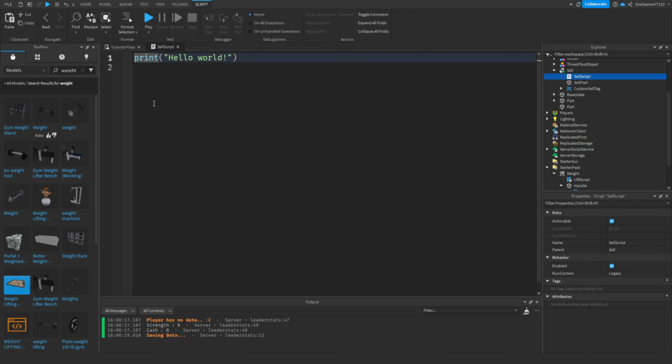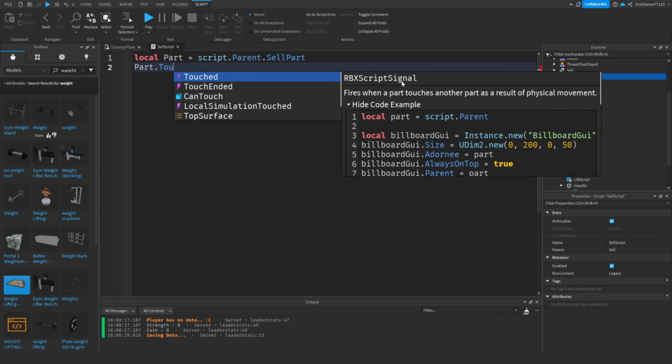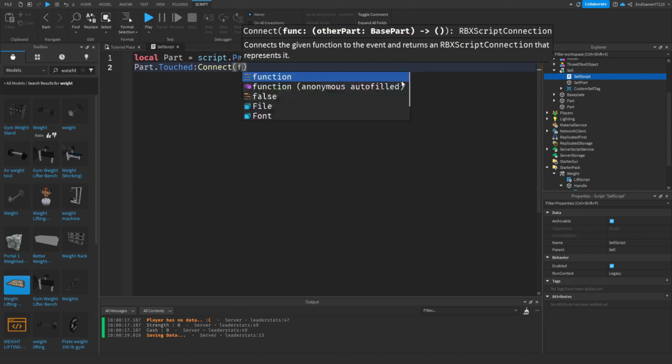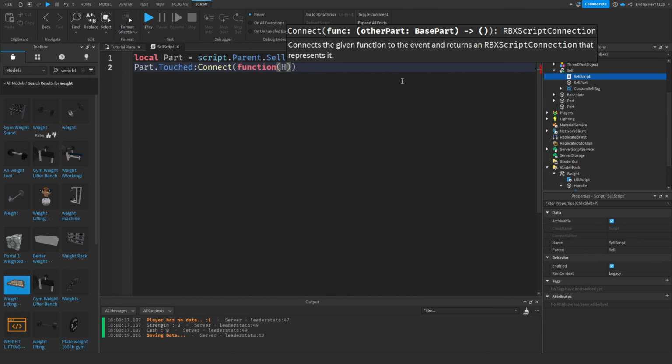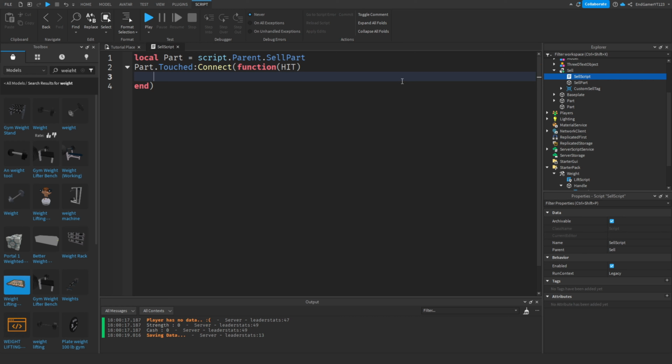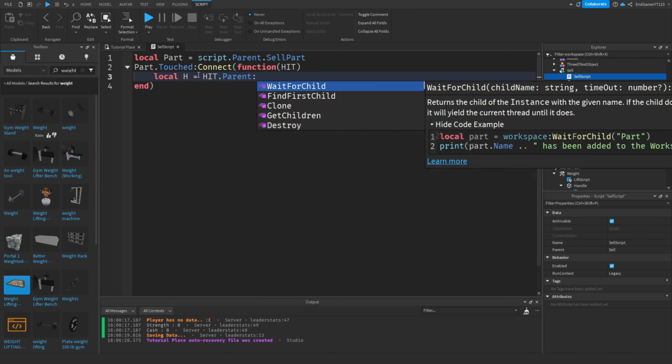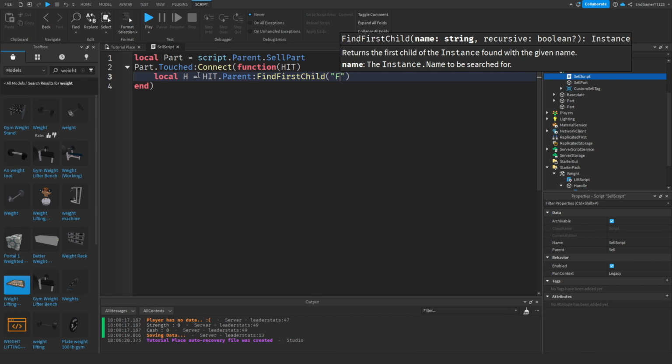So all you have to write is local par equals script.Parent.SellPart. I've called it SellPart, this one. par.Touched:Connect(function(hit), and then local h equals hit.Parent:FindFirstChild("Humanoid"),